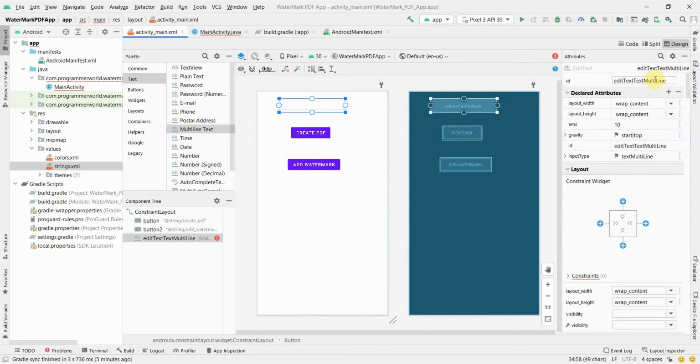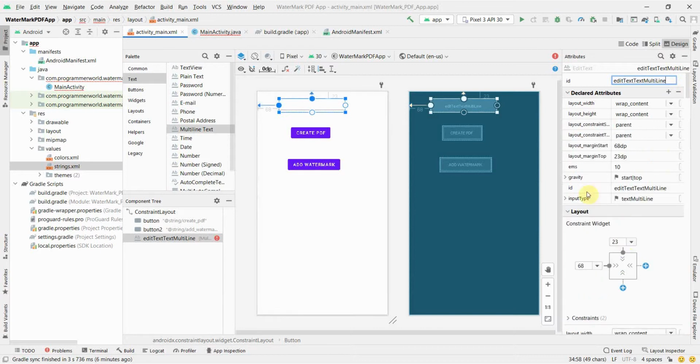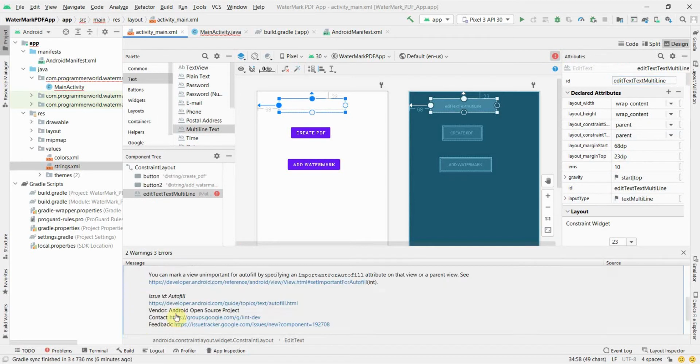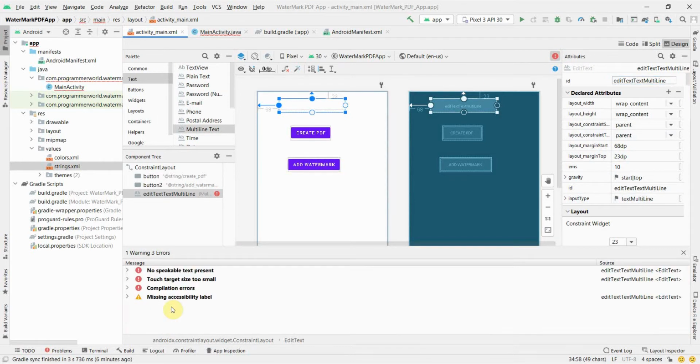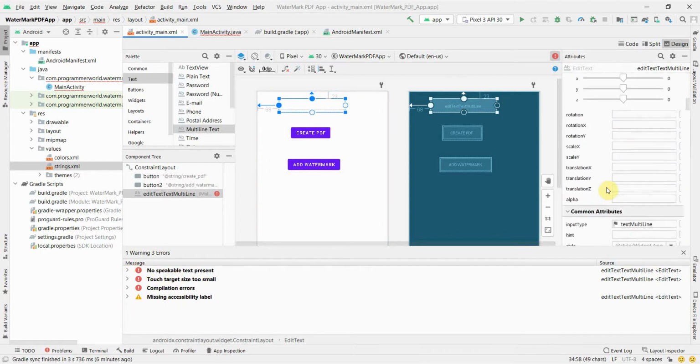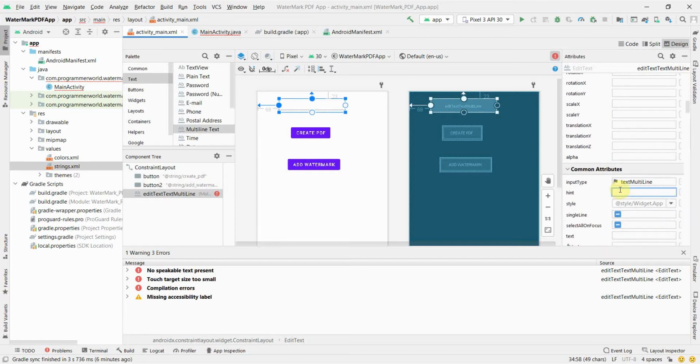In this multi-line text I can just give it the same ID as edit text, and I can add the constraints. This is still a warning, or not a warning, it says it's an error. So for autofill I can probably say fix. Before that, there's an attribute called hint, so I can enter some hint here, enter the text here.